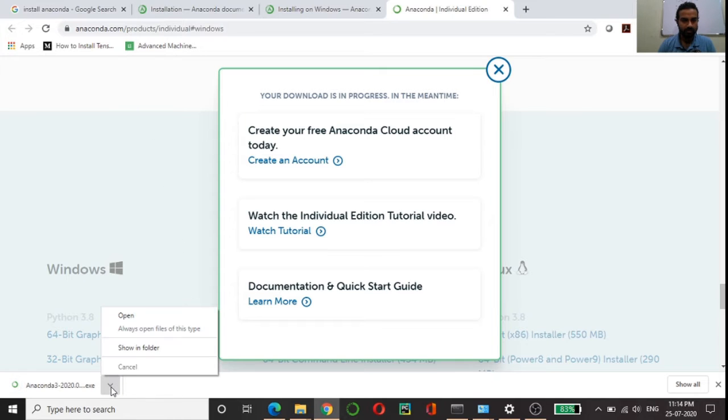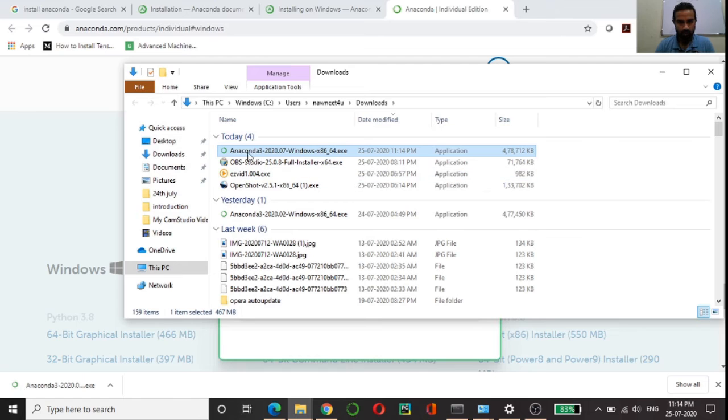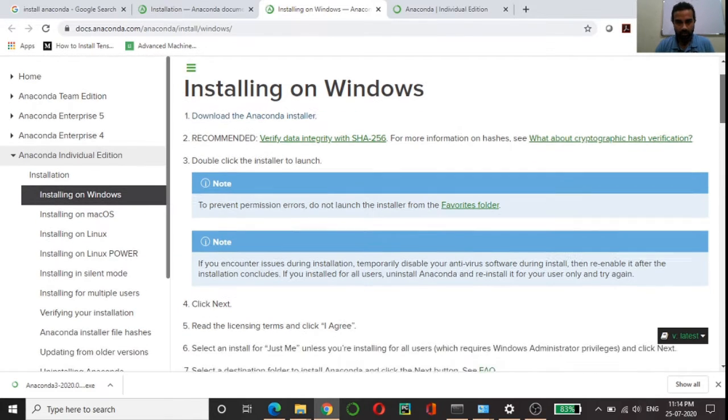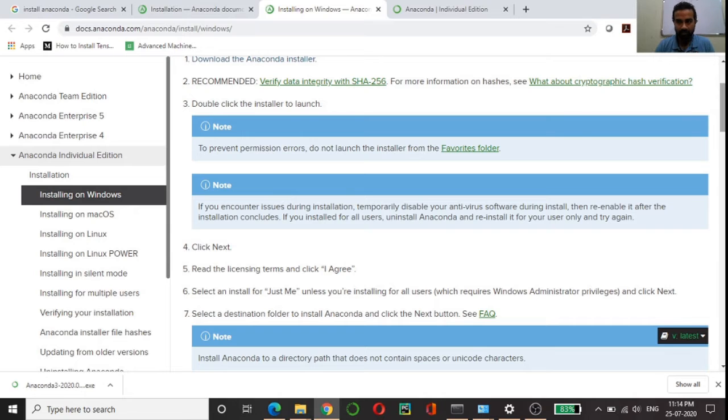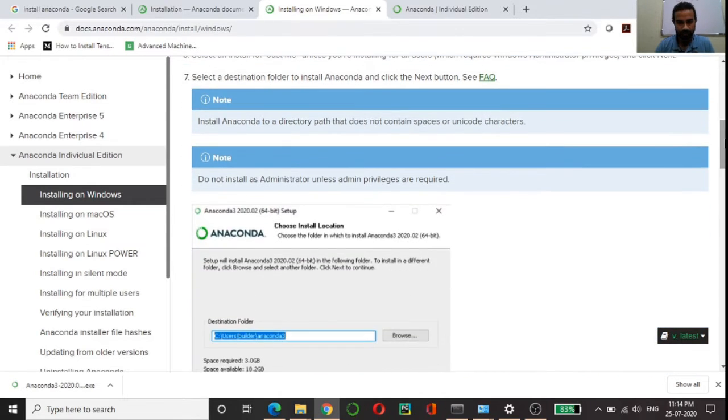The download is completed. You have got the installer here. You have to double click and follow the instructions on the website. Since I already have Anaconda installed, I am not going to install it again. But you can follow the steps, and it should go through seamlessly.